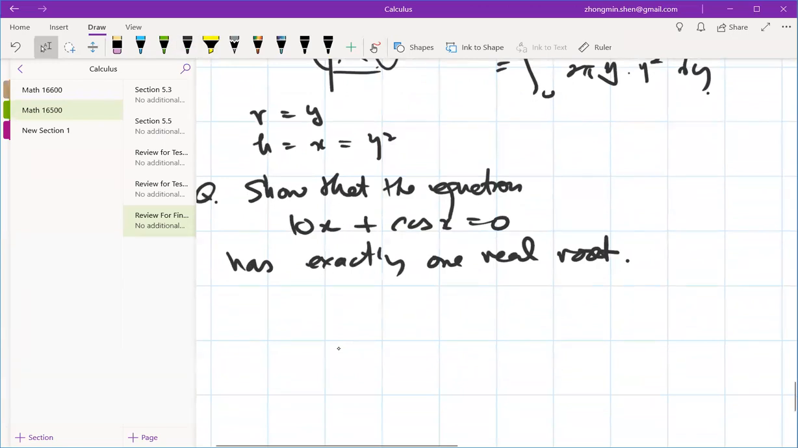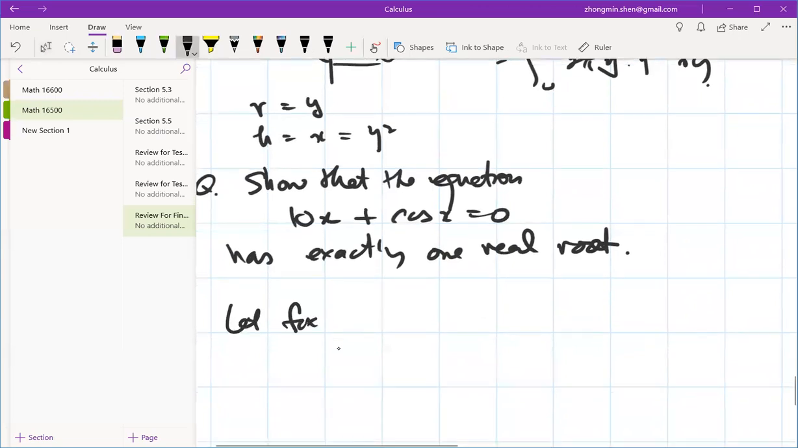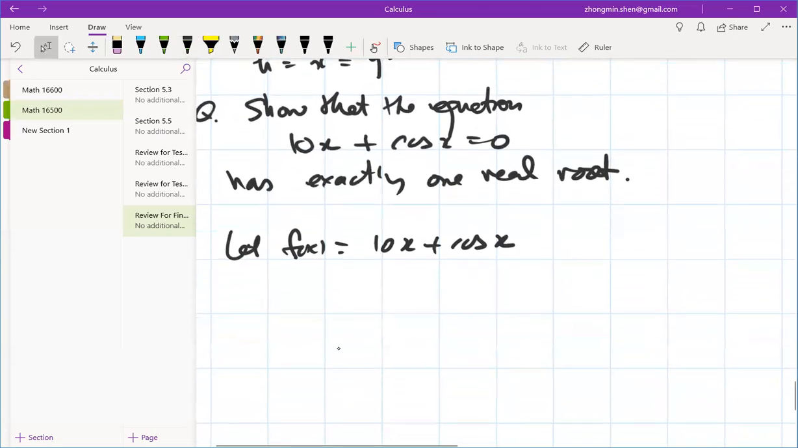Show that the equation 10x + cos x = 0 has exactly one real root. A real root means if you let the function f of x be 10x + cosine x, right? So actually again, find the zeros, right? So if you look at the graph,